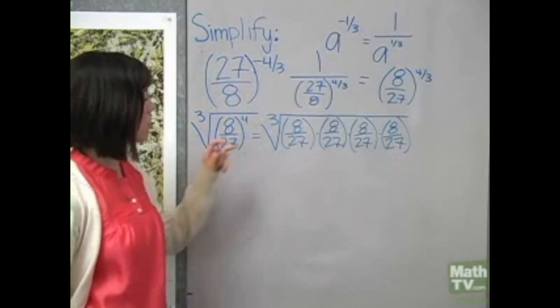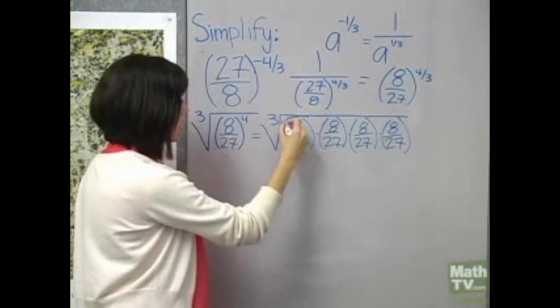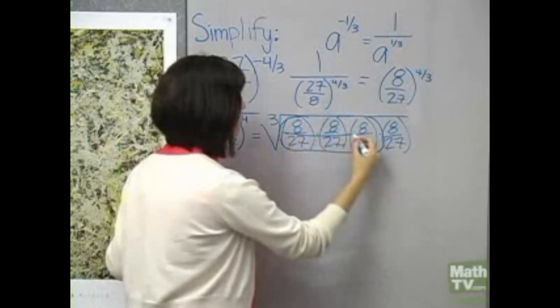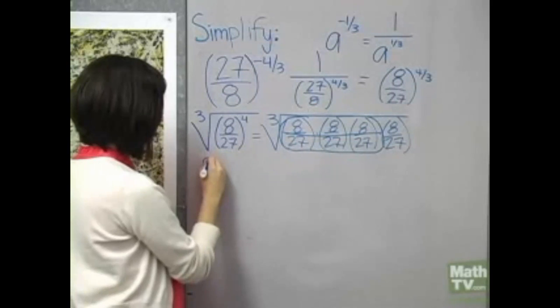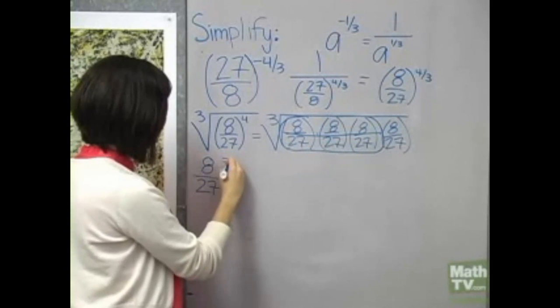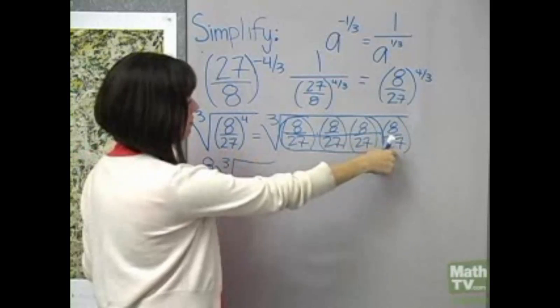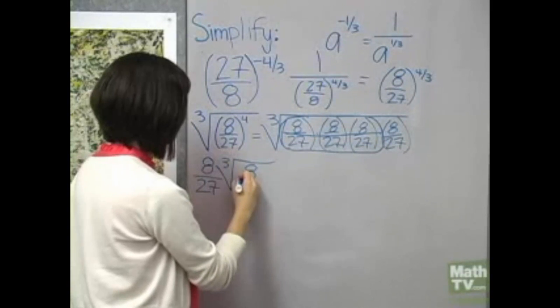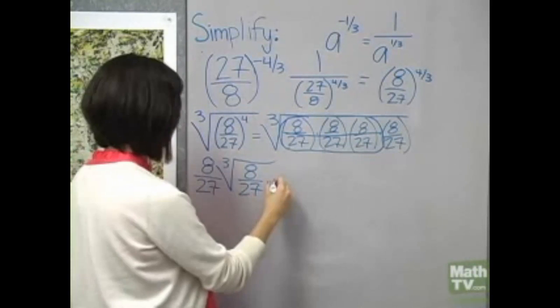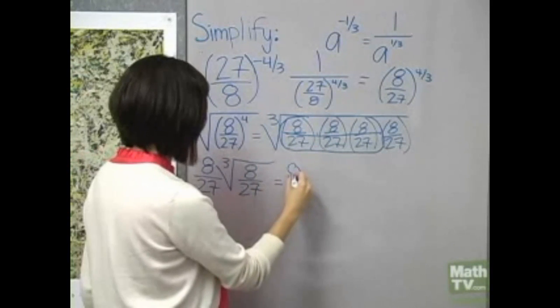So we're taking a cube root. It looks like right here I have a group of 3, so I can pull out 8/27 from that group of 3 outside the cube root. And then I'm left with the cube root of 8/27. And we can write this as 8/27